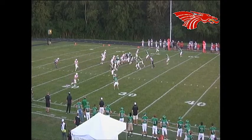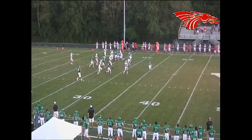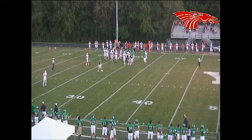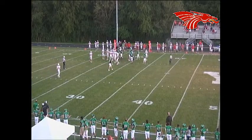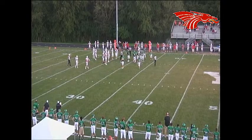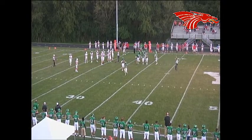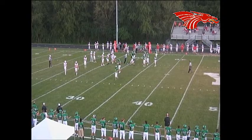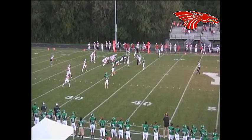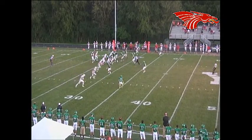Dragons will set up twins to the left. Roth, a little misdirection toss to Grayson Thomas. Make that Blake Austin. He turns upfield and carries across the 25-yard line to the 27. It's a 7-yard gain for Blake Austin. Yeah, that's something I don't think we've seen out of the Dragon offense. A fake pitch to the right side of the formation and come back and pitch to the left. With the 2-back sets, you're seeing a lot more misdirection type plays from this offense than we've seen in the